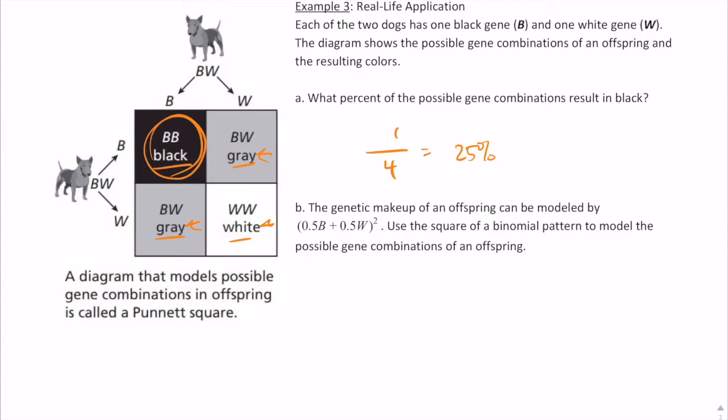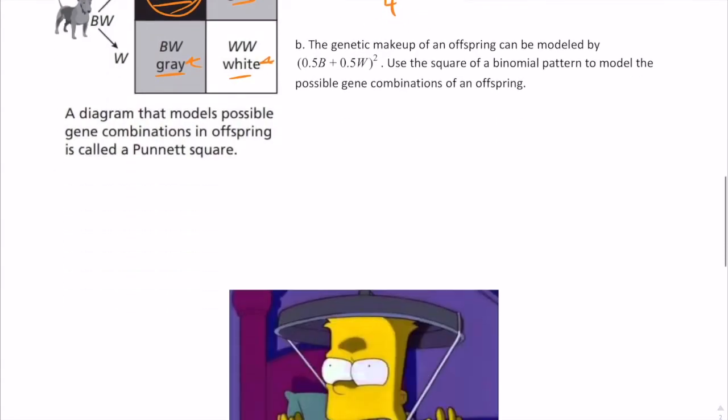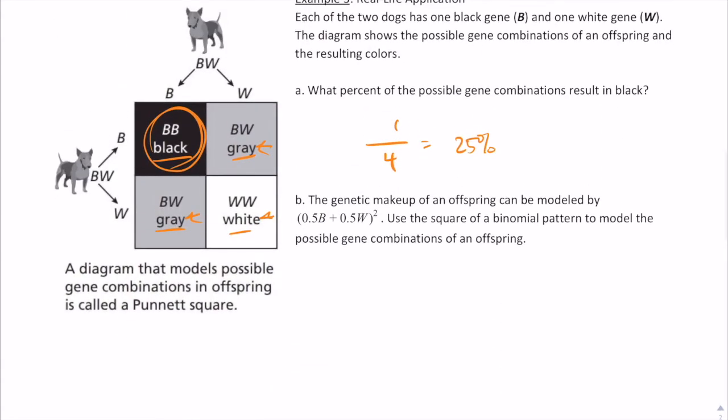Part B, the genetic makeup of an offspring can be modeled by 0.5b plus 0.5w, all of it squared. Use the square of a binomial pattern to model the possible gene combinations of an offspring. So why don't you guys try this out? So 0.5b plus 0.5w squared. This is your a, b term. If it helps you, write it out. a squared plus 2ab plus b squared is going to be